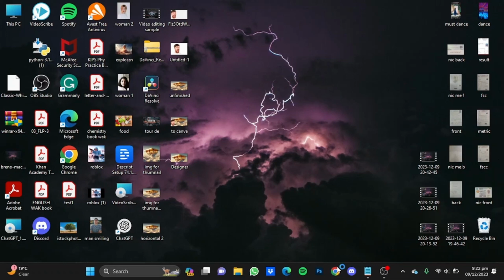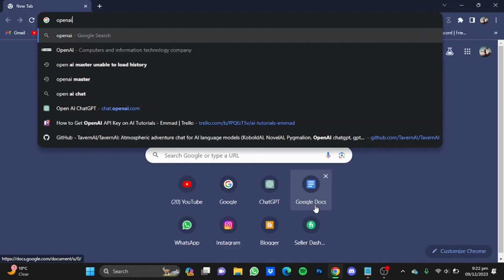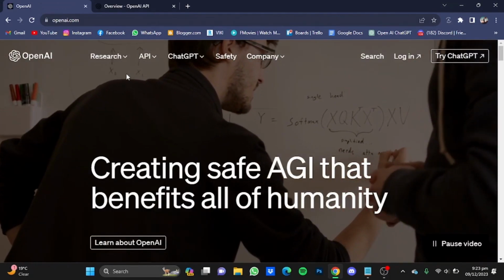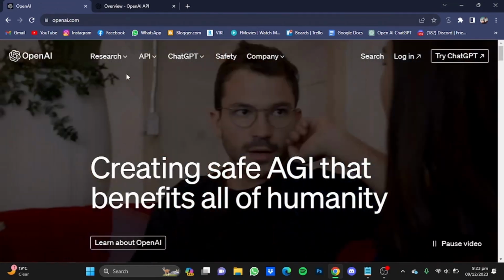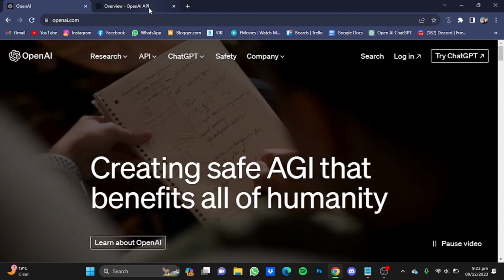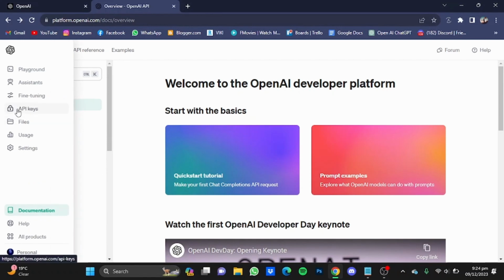First of all, open your browser, then go to openai.com. Now once you're in the website, you will have to log in and after that go to the API section instead of going to ChatGPT. Now once you're in the API window, click on this API keys window right here on the left side